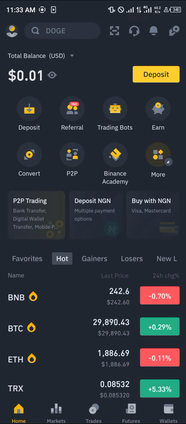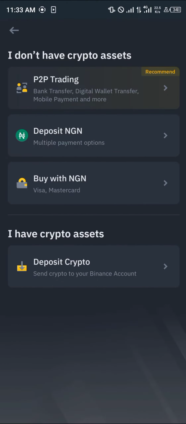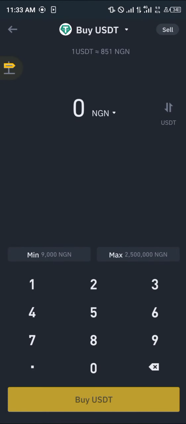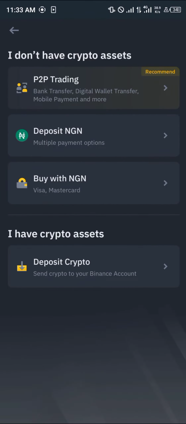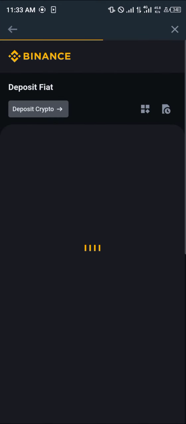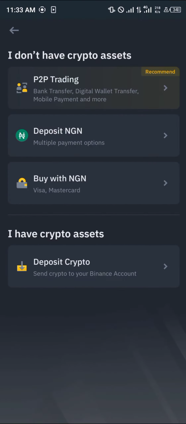So once you've been able to click on this deposit icon right here, all you need to do is select P2P trading, deposit your local currency, or buy with your MasterCard. So you could make use of your MasterCard or your Visa card and buy cryptocurrency tokens here. You could as well use your deposits, that is, fiat deposits into some specific bank accounts, and get the token as well. You could also do P2P trading, which is just basically transferring to a merchant and getting the